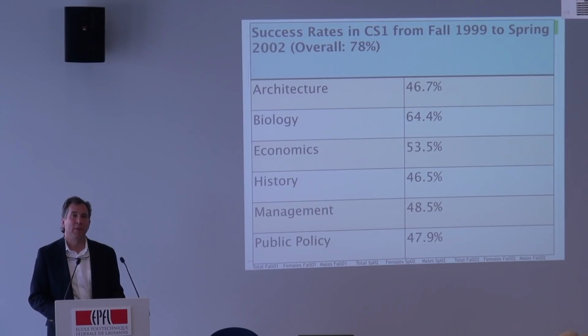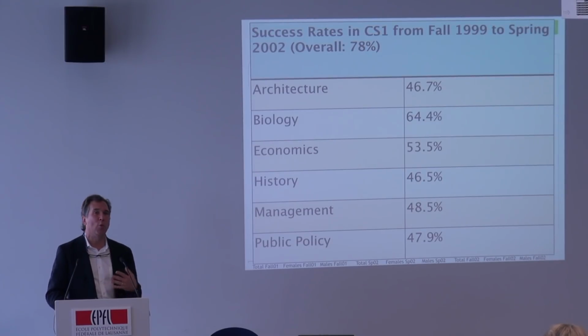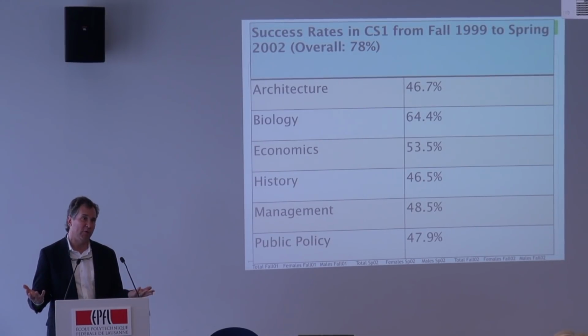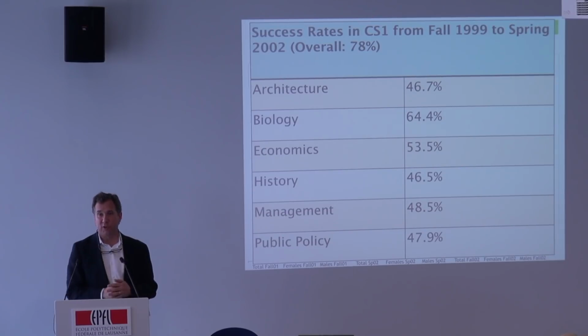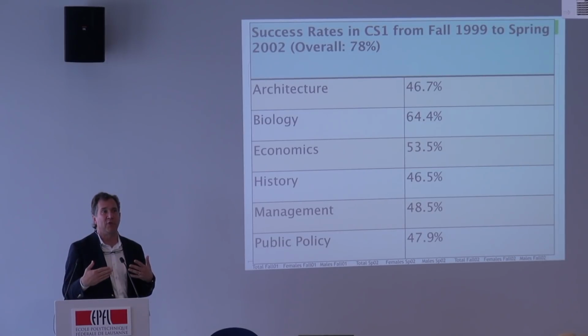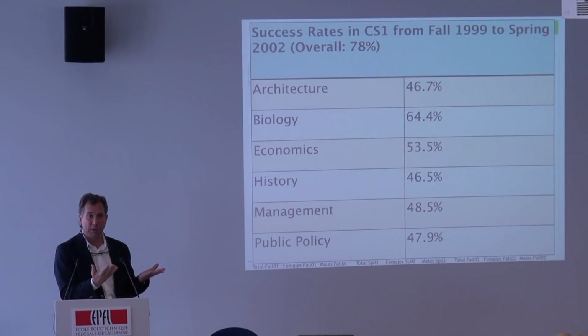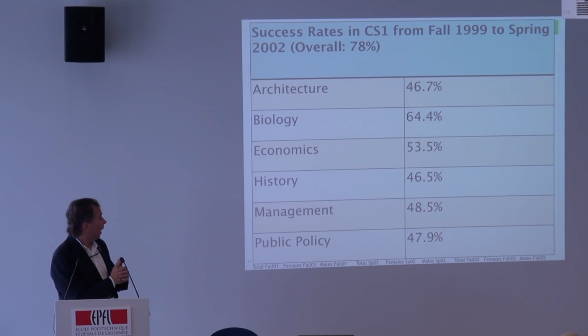This is by major. And what you'll see is that students who are in our liberal arts programs, our architecture and design programs, our business and management programs, it's around a 50% pass rate. Most of the students are not doing well in the class. And so we started thinking about how we might rethink the course for these different majors. So we now at Georgia Tech offer 3 intro CS courses. One for the CS majors, which is in Python, and alternately either focuses on robotics, where students all buy a personal robot in the bookstore and learn how to program that robot, or they do data sciences, manipulating big data on the internet.